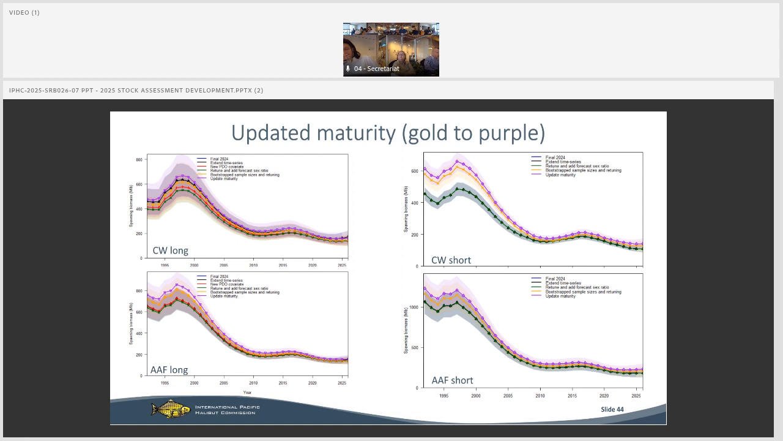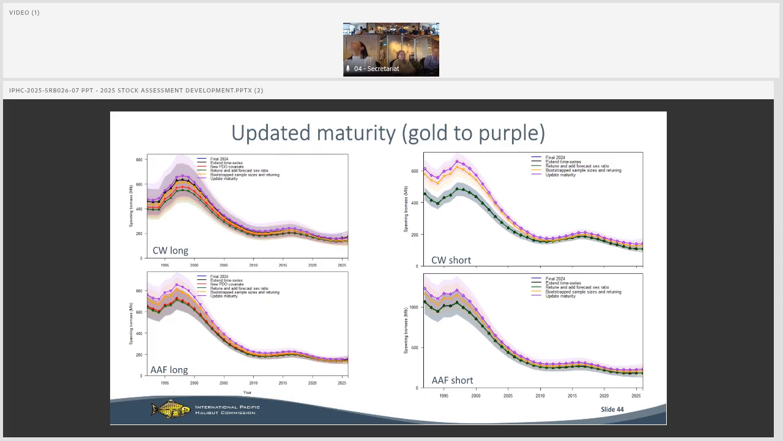And then this is the last step, which was updating the maturity schedule. And that's the gold to purple. And so that one, I think it's easiest to see up here because these two models are somewhat separated. So this is doing effectively what we expected it to do. Again, here, gold to purple. So it makes the